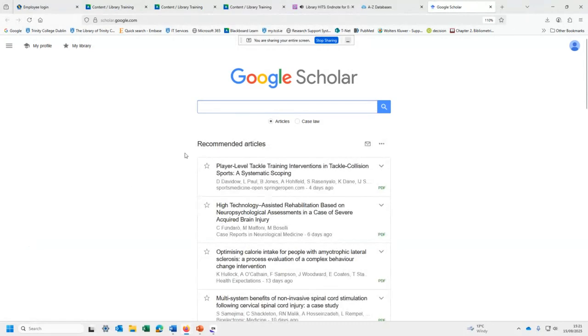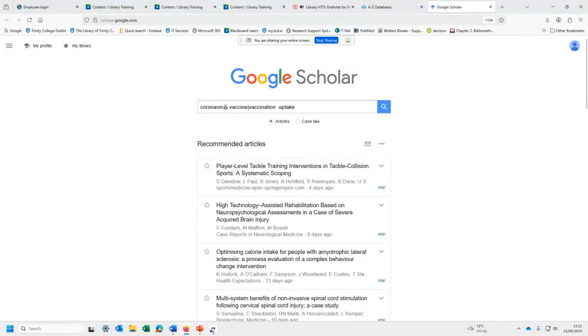And there it is, Google Scholar. Now, Google Scholar, for those of you who don't know, is a kind of more academic version of Google. It will search library and government and educational websites and research institutions, that kind of thing. So the stuff you tend to get back is quite good.